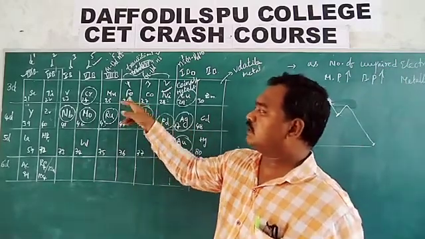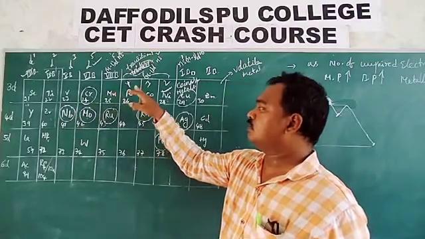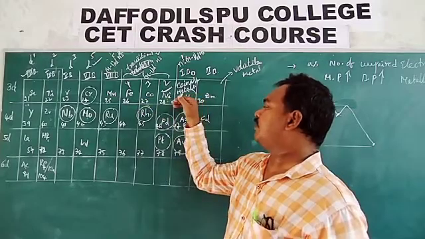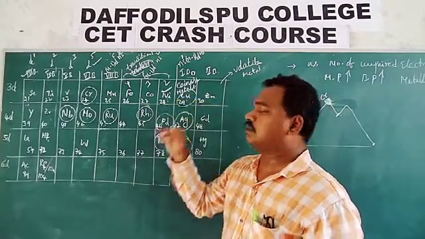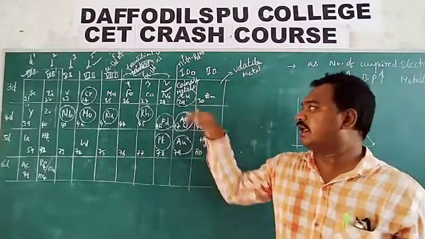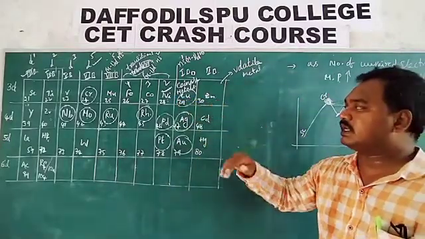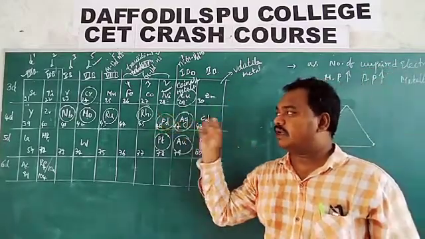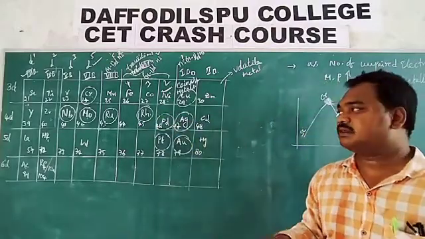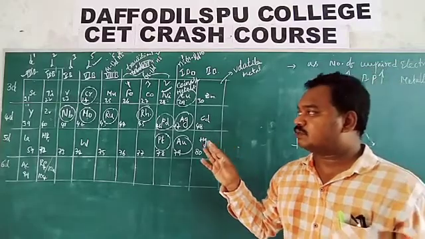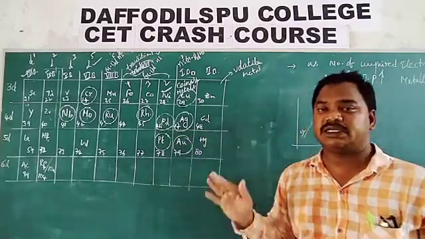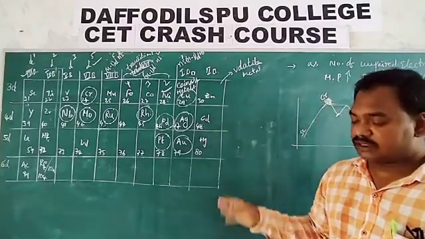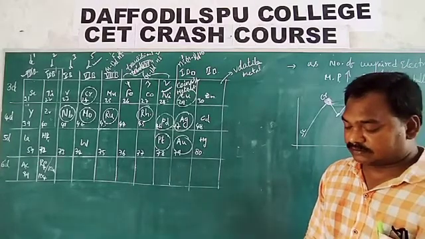Atomic size decreases from scandium to iron. After that, slowly atomic size increases. From copper to zinc, atomic size slightly increases. Again, when you move towards zinc, atomic size somewhat increases. So when you compare the atomic size of scandium and zinc, they are nearly the same. It means atomic size variation from left to right is not much in d block elements.